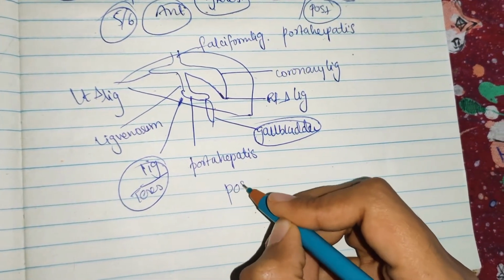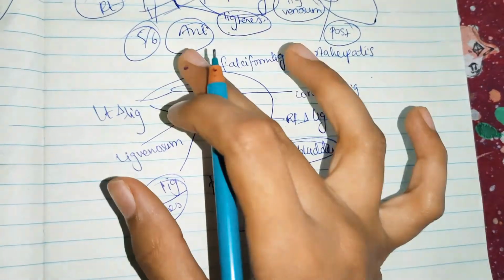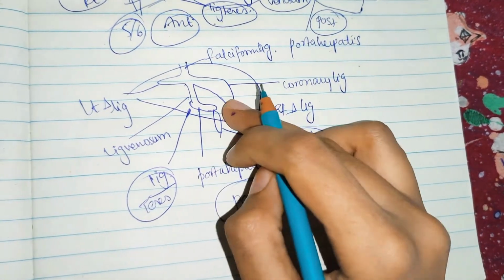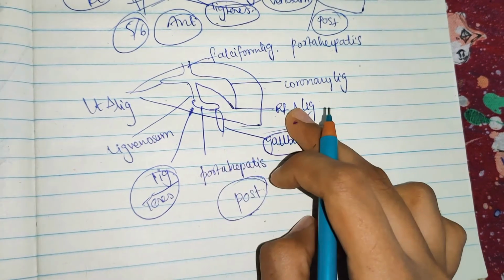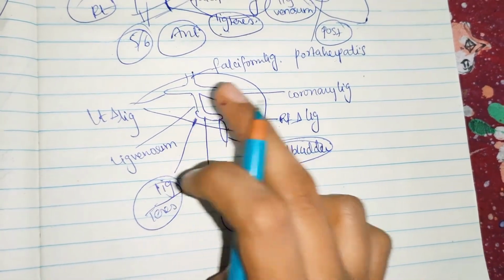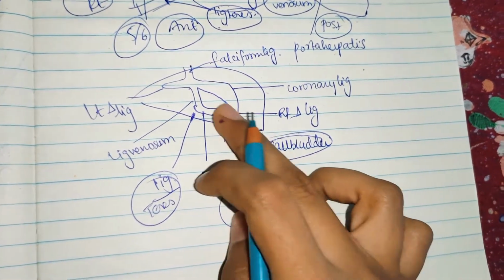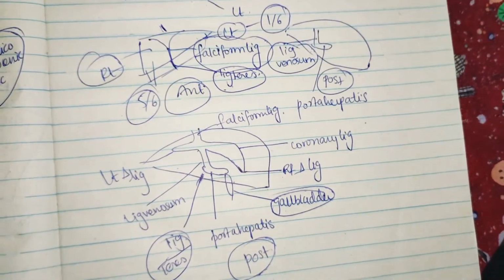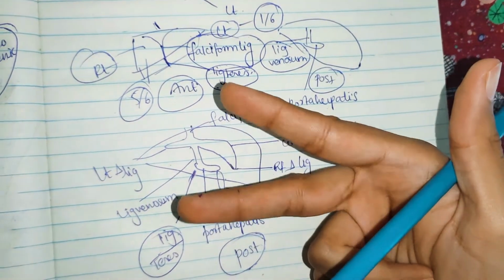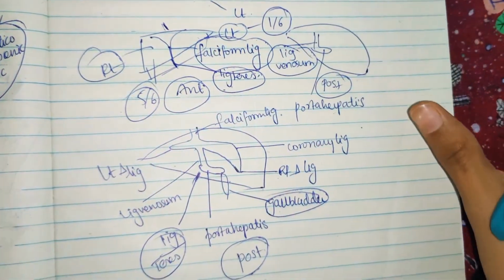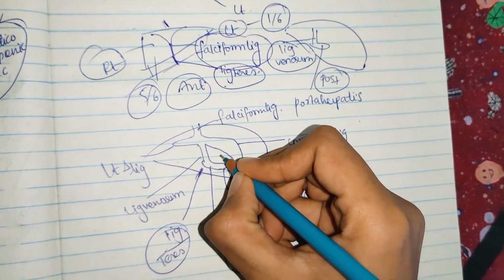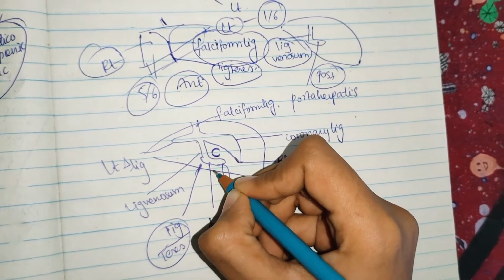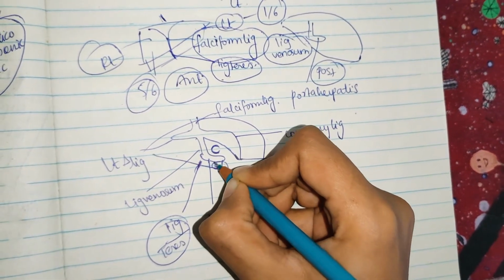So what is this? This is a posterior view of the liver. So first you will have the falciform ligament, next it will divide into the left triangular ligament, next it will form the coronary ligament, next the right triangular ligament, next ligamentum venosum, next porta hepatis, next the gallbladder, and here comes the ligamentum teres. Okay, so on the posterior surface you have two other named lobes. So this is a C. Here C represents the caudate lobe. Okay, and here Q represents the quadrate lobe.